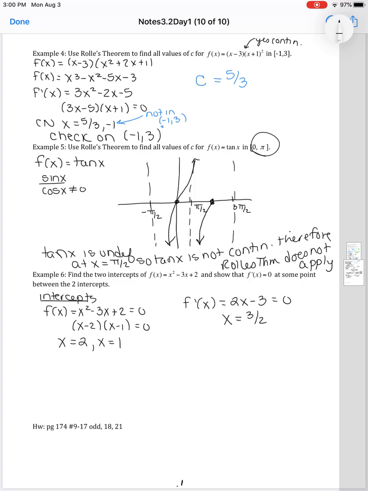Part 2 says to show that the derivative equals 0 at some point between those two intercepts. All right, well, my derivative would be 2x minus 3. Set it equal to 0, and I get x equals 3 halves. So x equals 3 halves falls between x equals 1 and x equals 2. Okay, so you're just justifying the fact that the intercept, or the